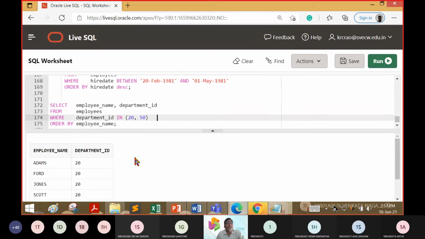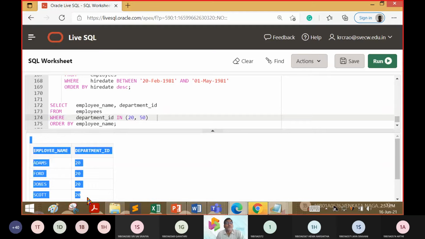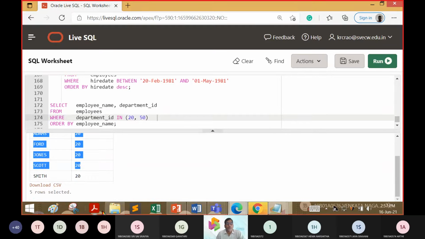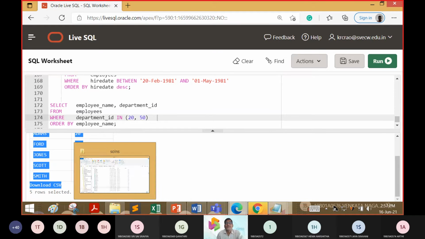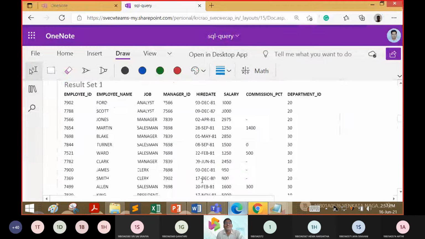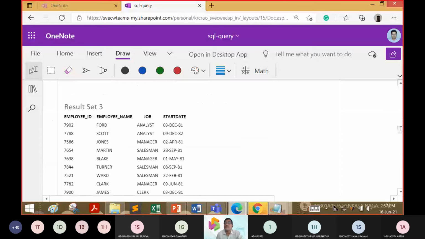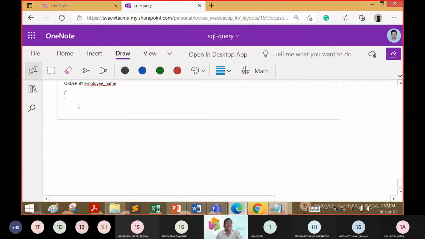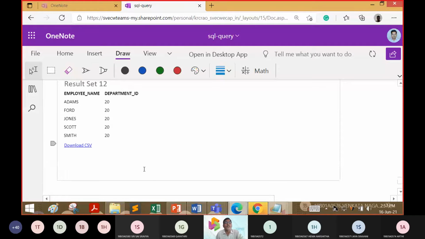Okay, now I want to print Scott first, Jones next, Ford next, and Adams last. We need to add DESC in line 175, sir. Wow, great. At what position? After employee name.